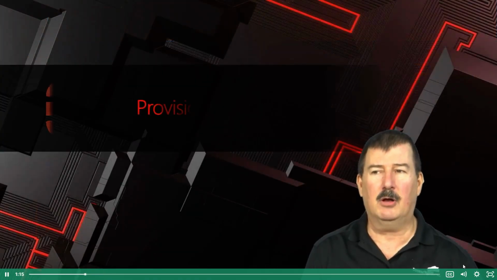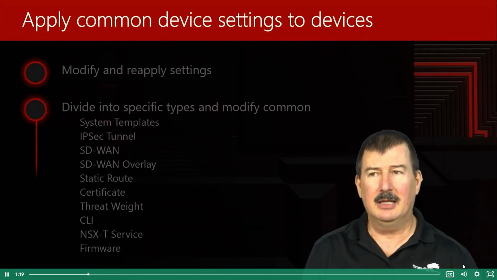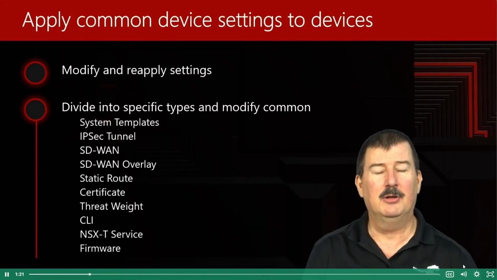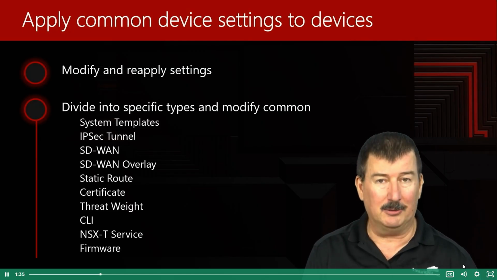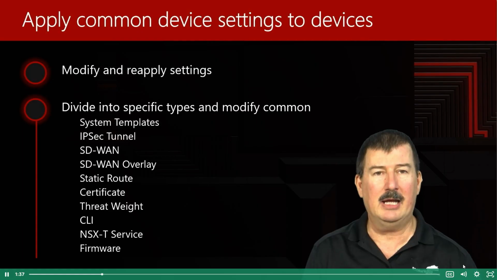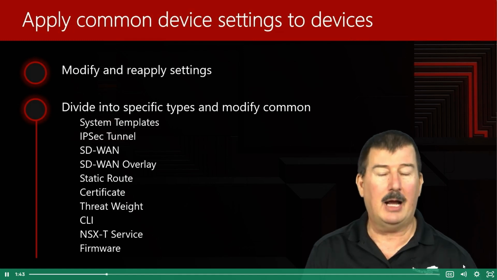Now, what we're going to start off with here is provisioning templates. So a template is common settings for multiple devices. What you can do inside of the FortiManager is configure these templates, and you can apply these templates to single FortiGate devices or multiple FortiGate devices. They can be system templates. They can be IPsec tunnels, VPNs, SD-WANs for your software-defined wide area networks, some of your SD-WAN overlays, routing,